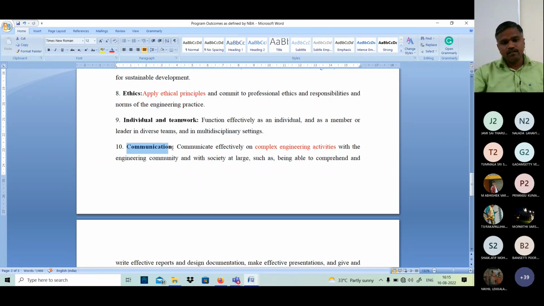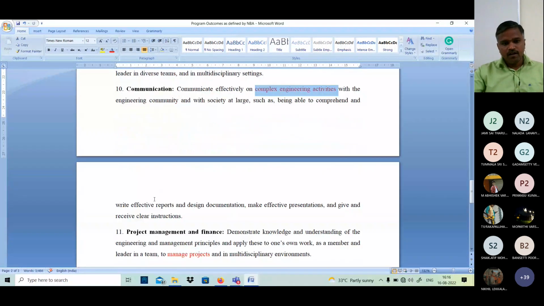Then communication. When you are coming out of the BTech program, you should be able to communicate with each other to carry out engineering activities in developing the solutions. And the 11th one,